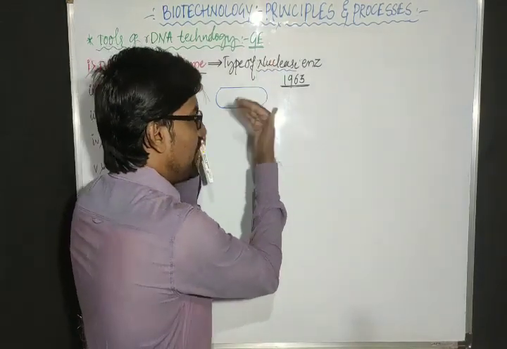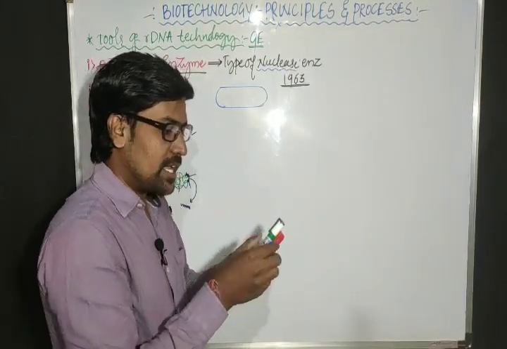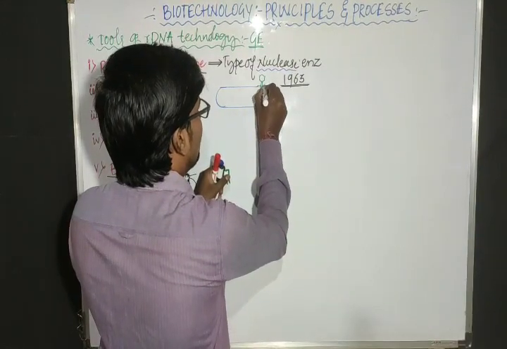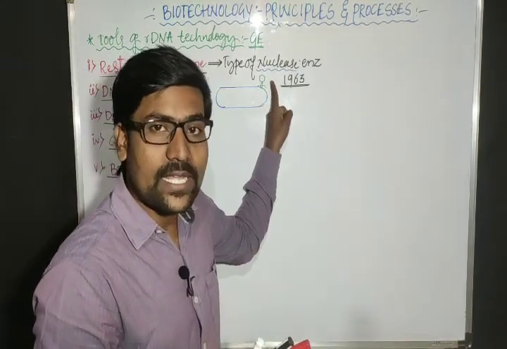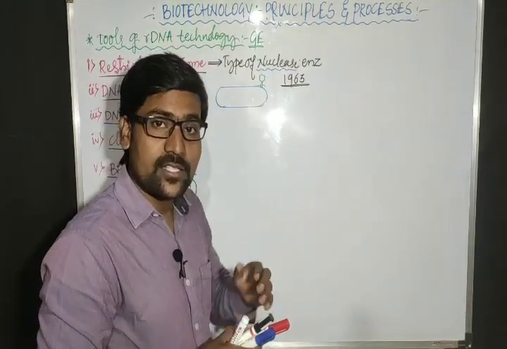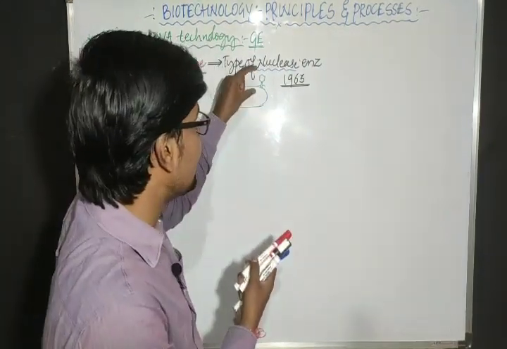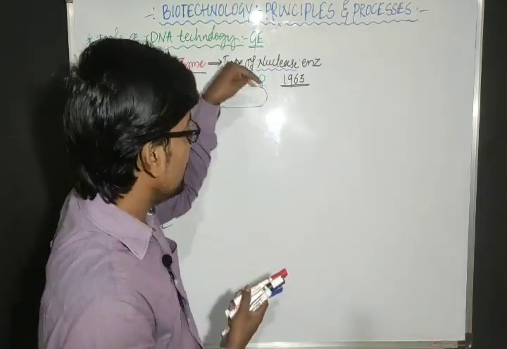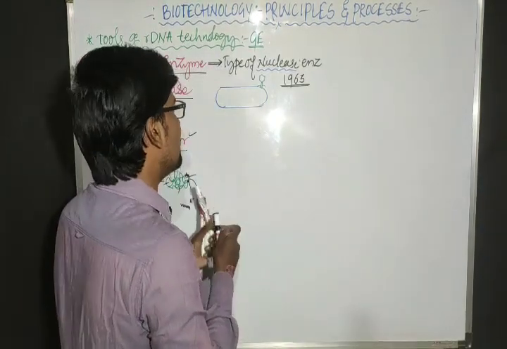They were studying the infection of the E. coli cell. So this is the E. coli cell. The E. coli cell was affected by one bacteriophage. What actually is that bacteriophage? Bacteriophage means it is a virus. A virus which attacks bacteria, we call it a bacteriophage. Already we know this one. In the Hershey and Chase experiment, we observed this kind of structure, right? So bacteriophage is a virus. This virus infects which cell? The E. coli cell, right?